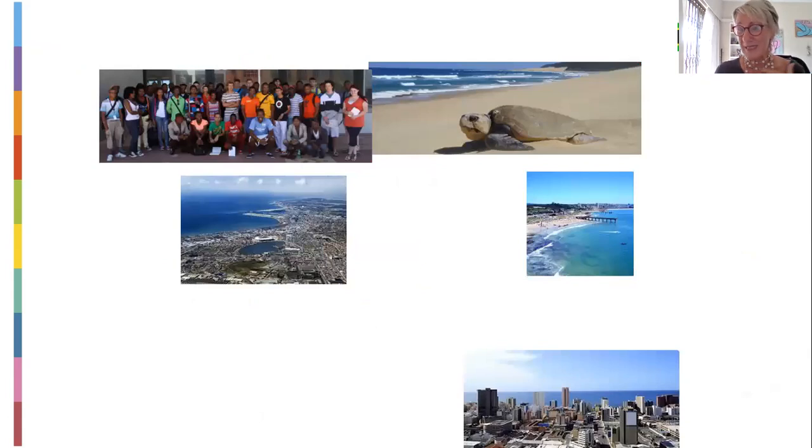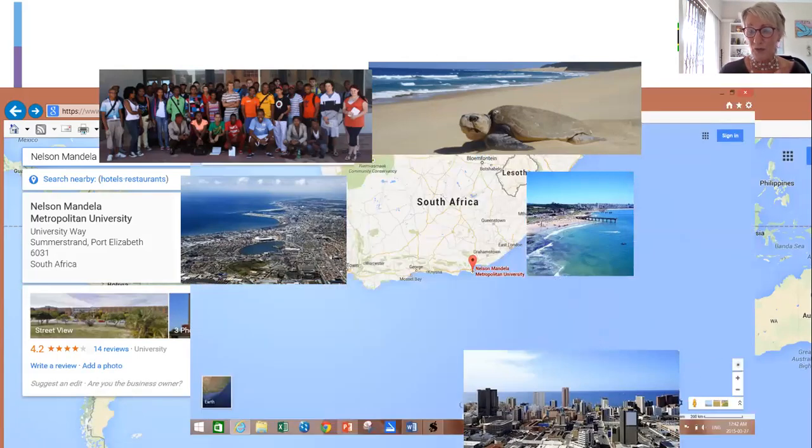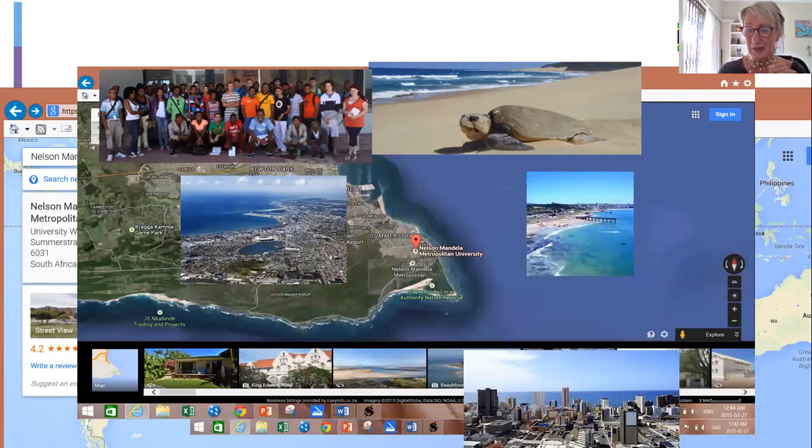Right, what about me? As I said, I come from Port Elizabeth, Gqeberha now. Right at the bottom of South Africa, if you're not sure where PE is, or Gqeberha, between Cape Town and Durbs. It's also near the sea. This is why I love being near the coast. There you can see the pier, right at the bottom of South Africa, coming closer to Nelson Mandela University,